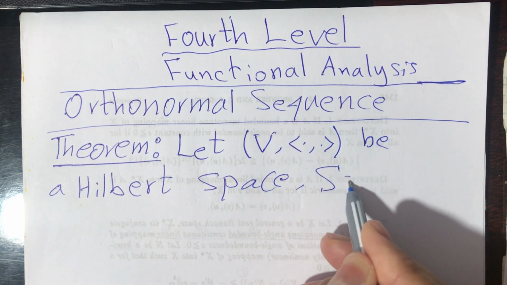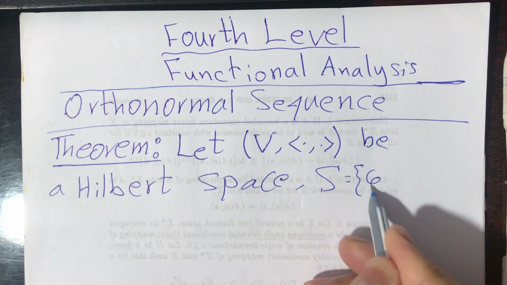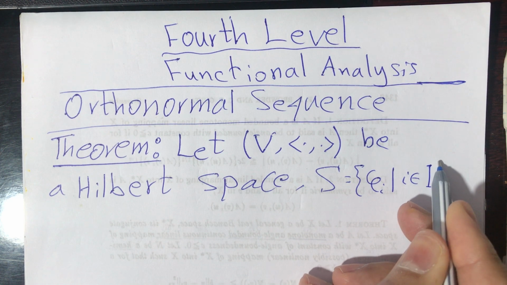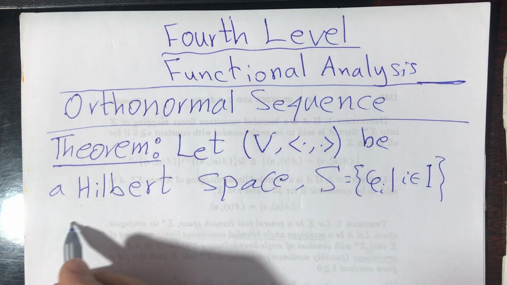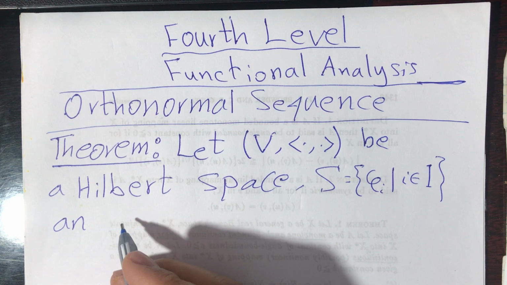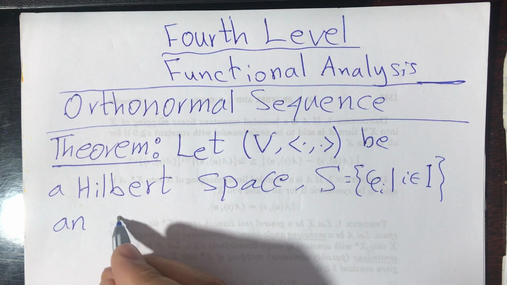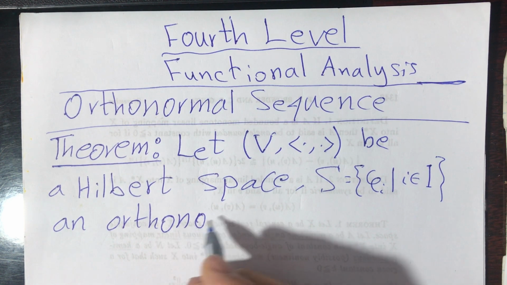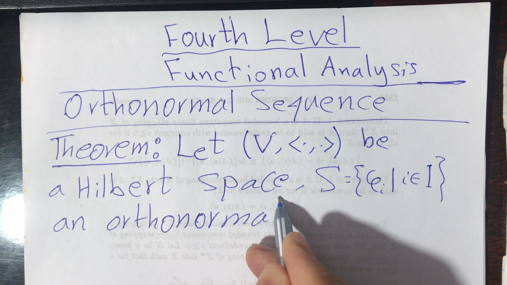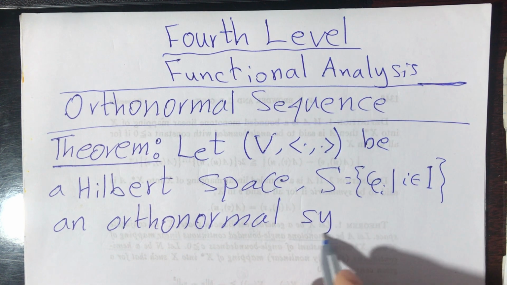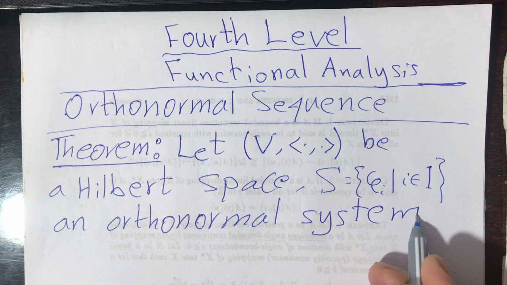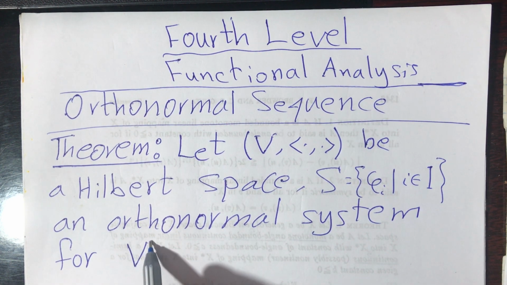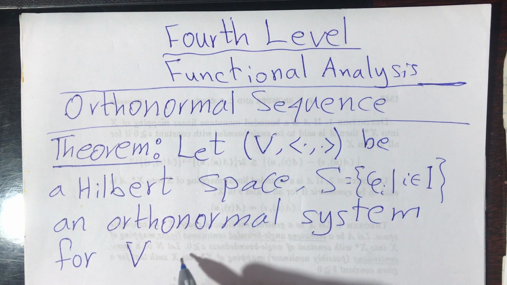Let S equal phi I such that I belongs to the index set I. This is said to be an orthonormal system for V, and